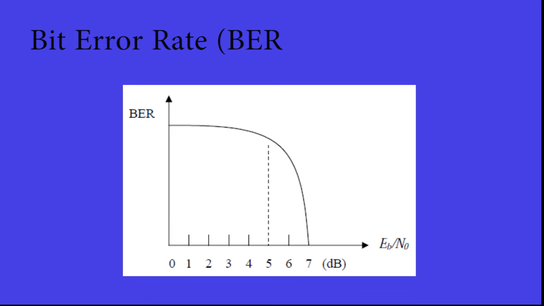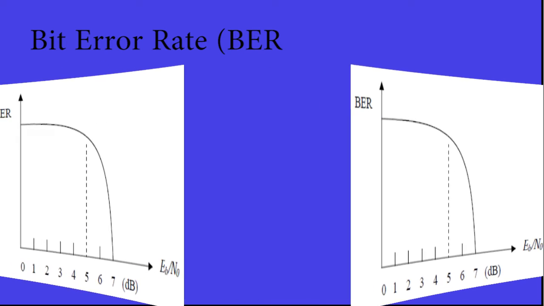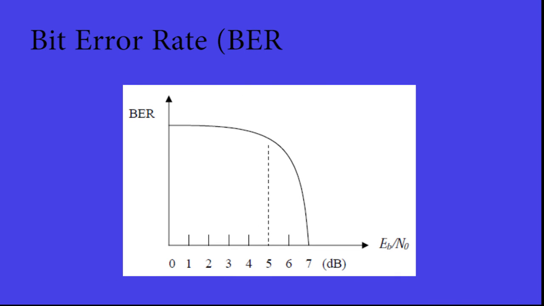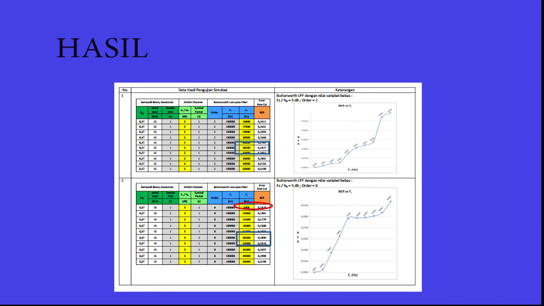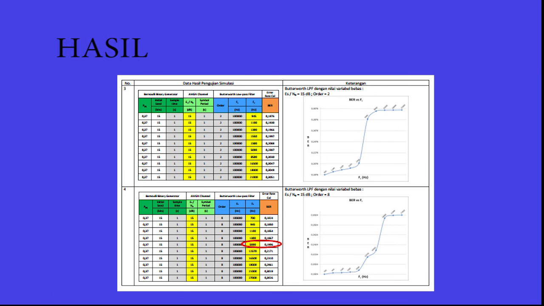In the scope of the information received, you can see the location of the wrong bits in the process of sending the data packet from the information source to the destination via the AWGN channel. From the result of testing the signal that has added noise with the same value, and the signal filtered with the Butterworth low-pass filter, it can then be analyzed as